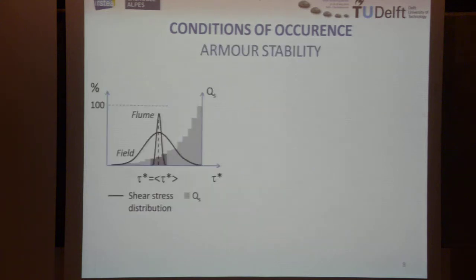I go fast because it's not really the topic of my talk today. So, can we consider that armor is fully stable? If you consider that in the field you have this kind of shear stress distribution over the section, we don't have a homogeneous shear stress, but large variation and variability in the section. And if you consider also that, for instance, local high value shear stress can create local high transport stage because of non-linearity effects,